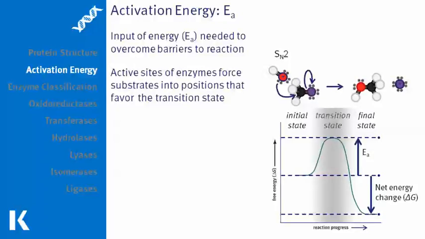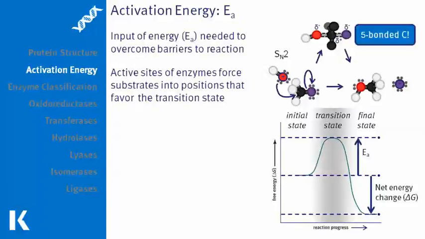This middle configuration is called a transition state. You should notice that this transition state is at the highest energy and is therefore the most unstable. Our molecules don't like to be unstable, so it takes more energy to force the molecules to adopt this configuration. However, when our enzymes force the reactants into the transition state, the reaction proceeds faster, since the hard part is